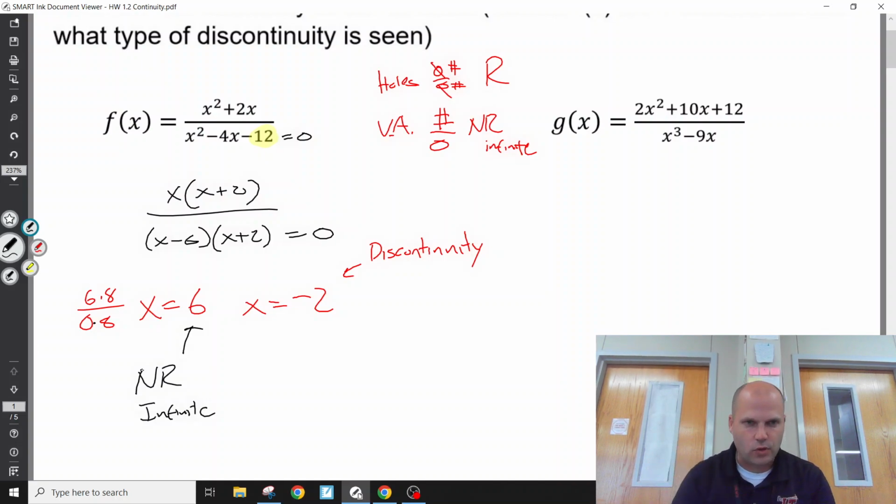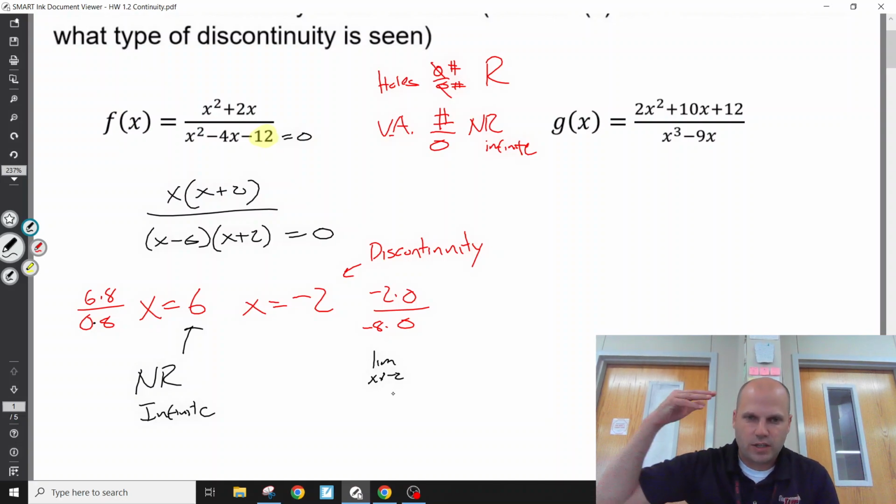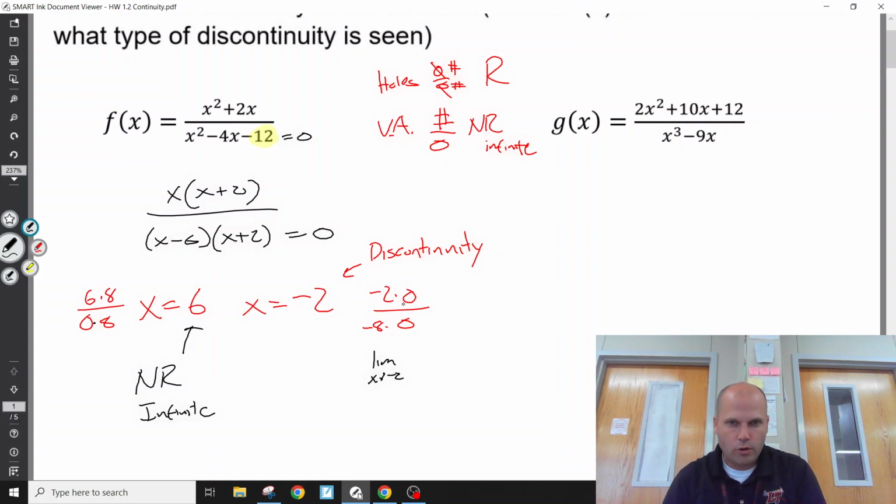X equals negative 2. Okay, well, if I plugged in negative 2, I'd get negative 2 times 0 over negative 8 times 0. Now, you're not allowed to have 0 over 0. That's undefined. So yes, this is a discontinuity because you have 0 over 0. Your denominator will have a 0. But this is when we think about last class and we talked about finding the limit as x approaches negative 2. If I plugged in values like negative 2.001 and negative 1.9999, what you would end up having is very, very small values